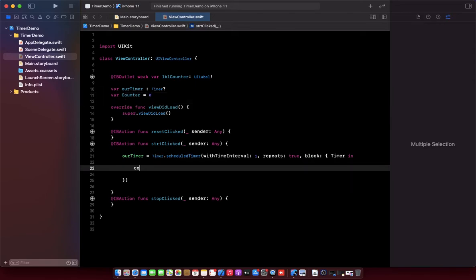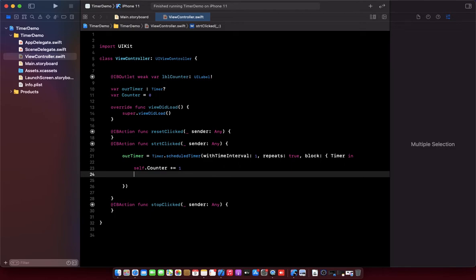Whenever this timer calls itself and repeats, this counter value must be increased by 1 and shown on our label. That is quite simple, and show this counter value here.